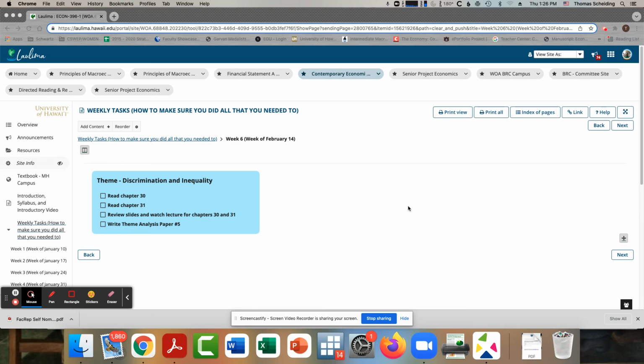In these two chapters, we're talking about, as the theme describes, discrimination and inequality. And I'll be honest, this is where economists generally look pretty bad, because remember, many of us are just scientists. We measure things and report on them, and we model their behavior. So it can make us seem pretty cold about things. And it certainly comes out with the economics of discrimination